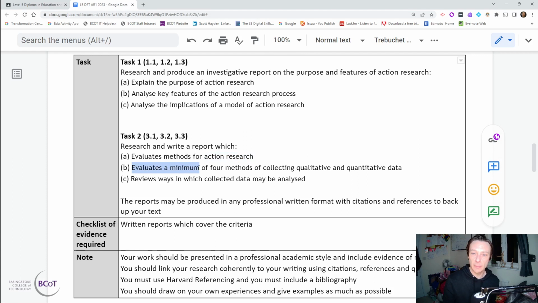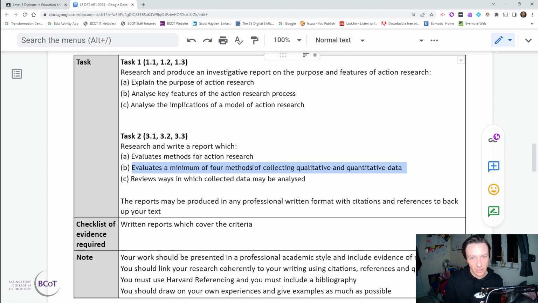You're also going to evaluate a minimum of 4 methods of collecting qualitative, that is, descriptive language-based research, an interview, for example, a focus group, and quantitative data, that is, measurable, quantifiable, data-focused research. Evaluate, that is, weigh up the pros, the cons of a minimum of 4 methods of collecting qualitative